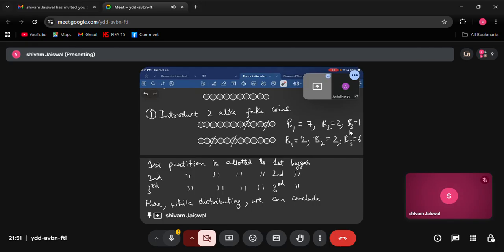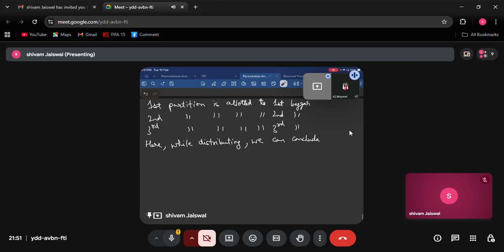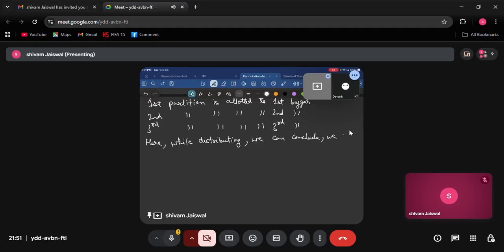Raktim, Samita, are you able to understand? Basically, you are arranging 12 things in which 2 are identical of one kind and 10 are identical of another kind. Yes, sir. Tell me, Onmini, are you able to realize this? Yes, sir. And Devang, are you able to realize this? Yes, sir. So here while distributing, you can conclude